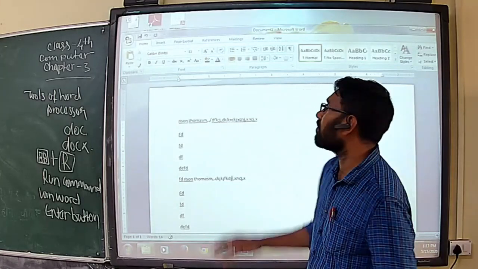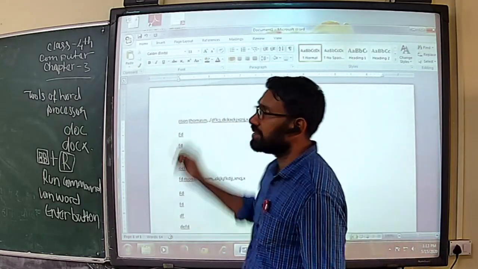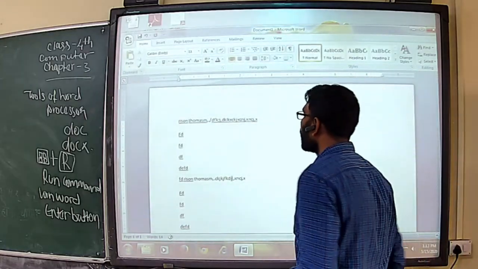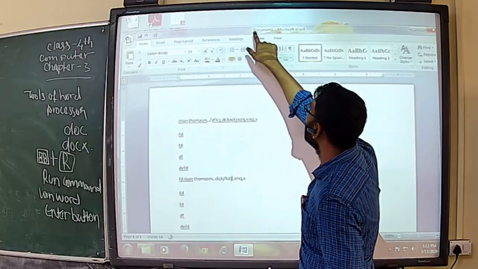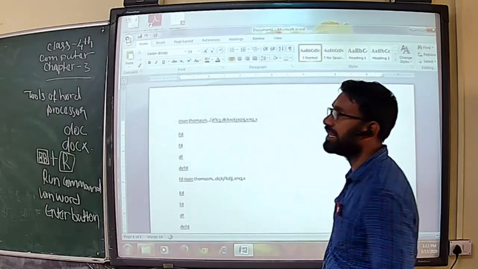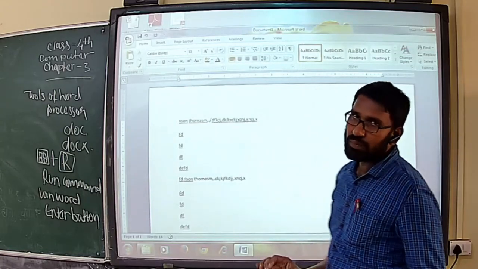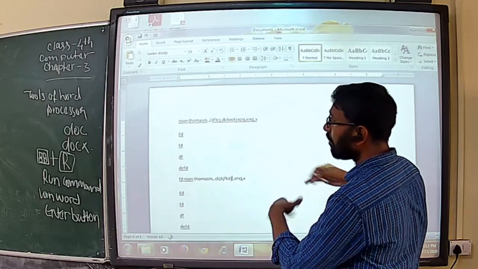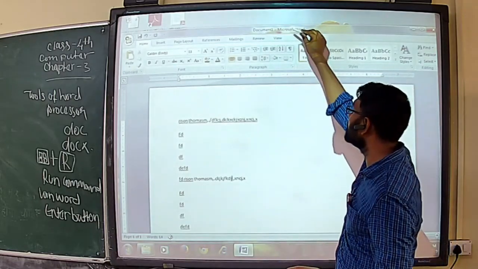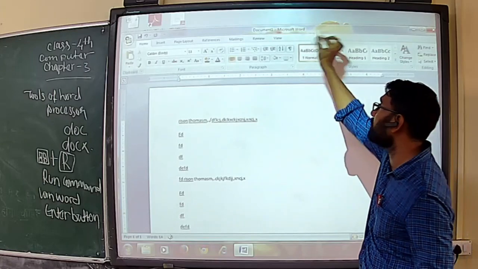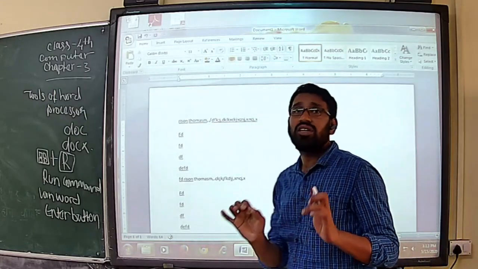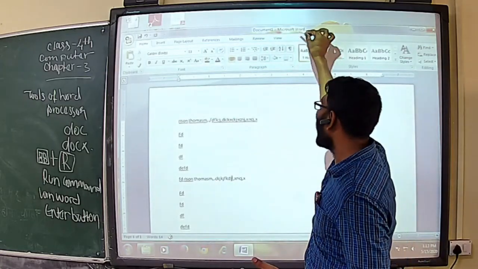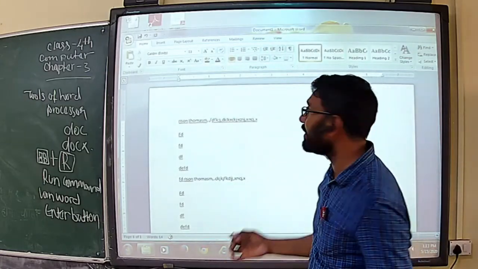Before that, we need to know what the buttons and things are in the Word application. When you open a document, you can see Document 1, Microsoft Office Word. This is called the title bar. This document refers to Document 1, and the application which I opened is Microsoft Office Word. So in the title bar, you get the complete details of which document you opened and which application you used to open that particular document.